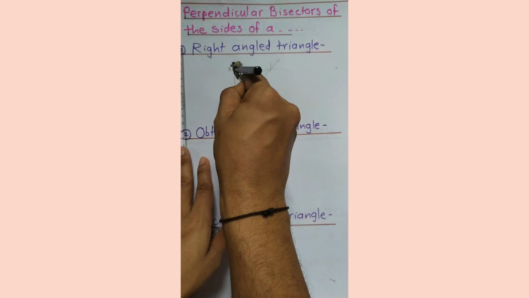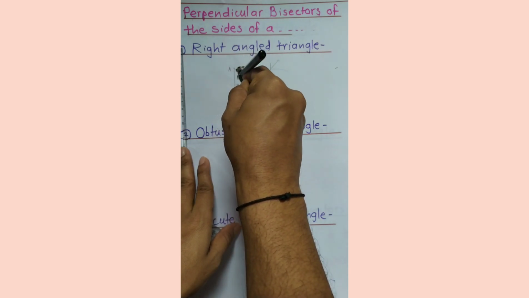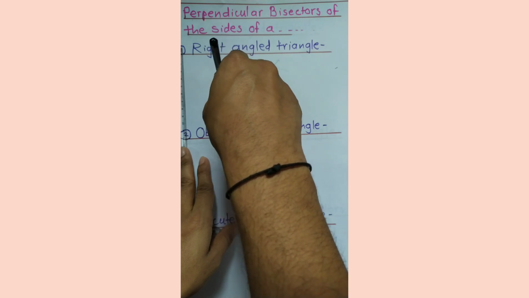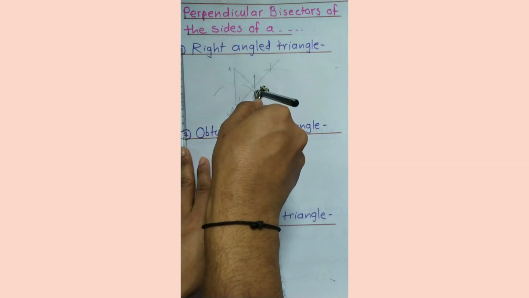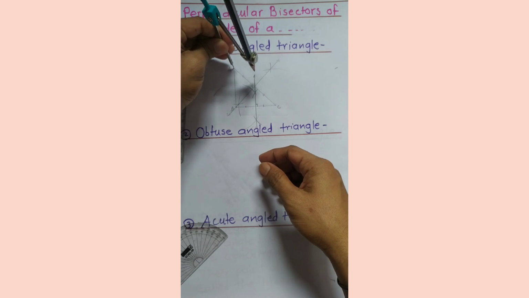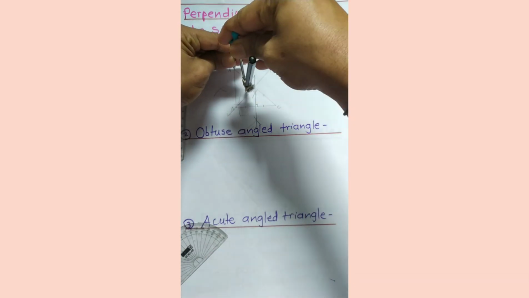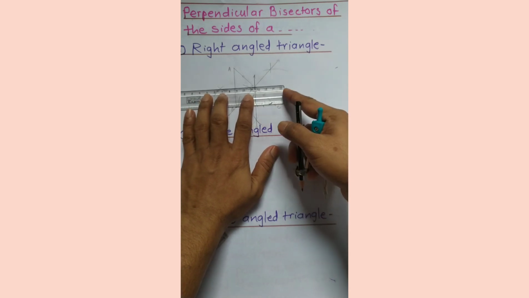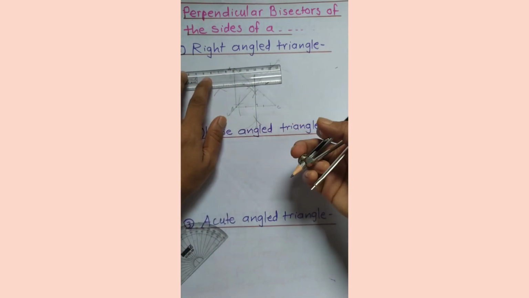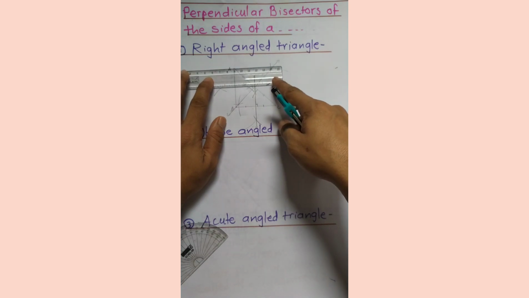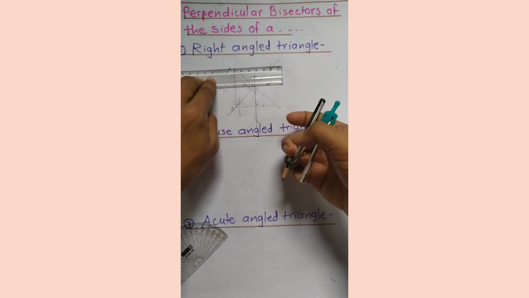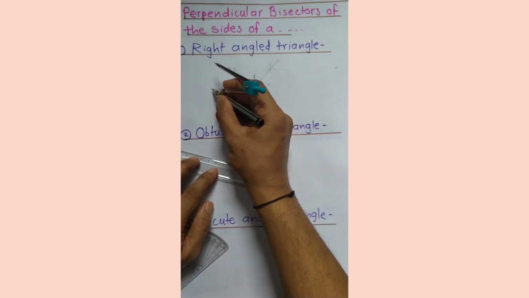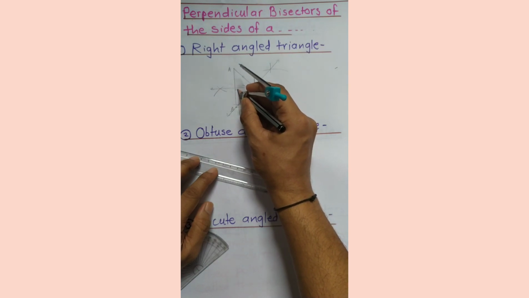Now we will draw the perpendicular bisector of segment AB. Take more than half distance. Draw one arc here, one arc here. Put the same distance here. One arc here, one arc here, and draw one line which is passing through these two points. This is the perpendicular bisector